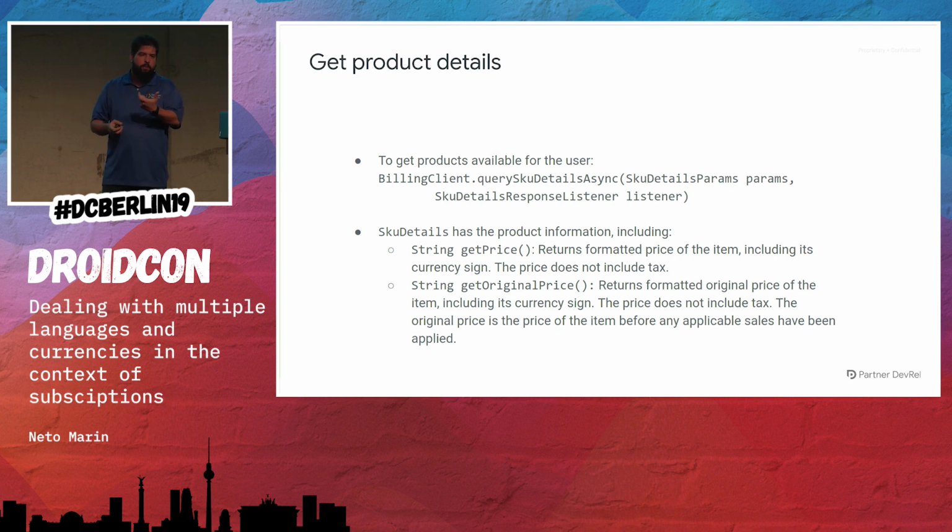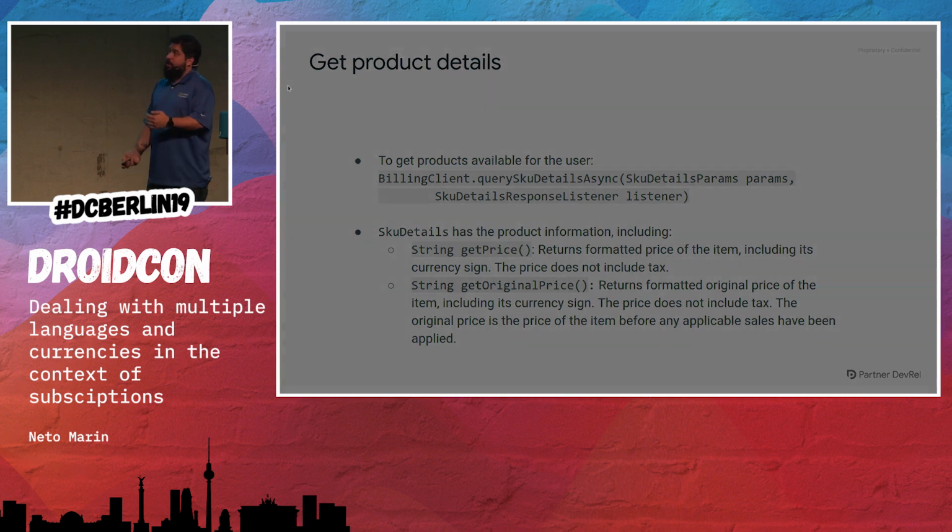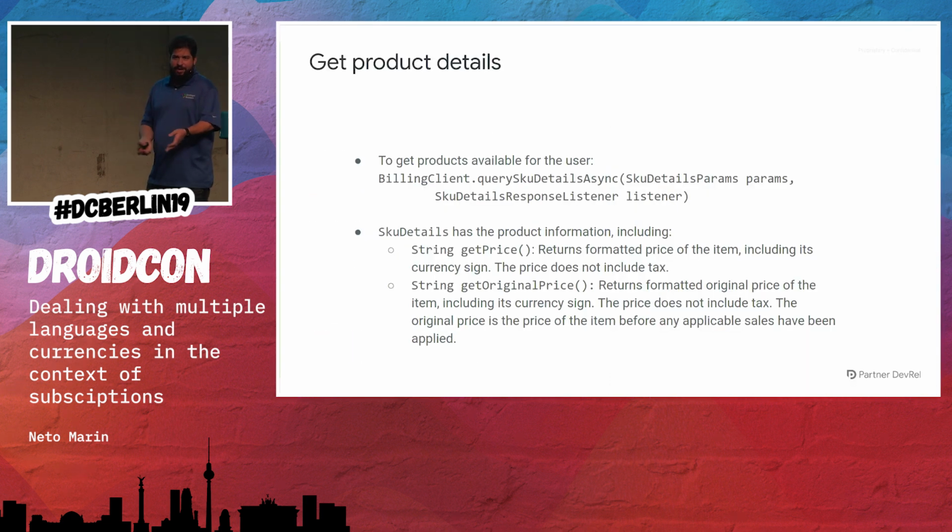So you want to show this original price of $3 to calculate a discount. You can use the get original price, and so, hey, you are having like $6 of discount. Okay, you have $6 of discount because you are buying this package, something like that we call introductory price. But okay, Neto, how do I know that the user is in a specific country that I can't